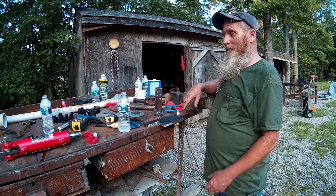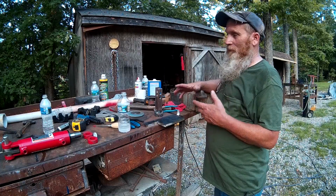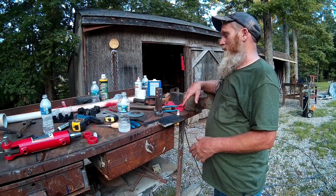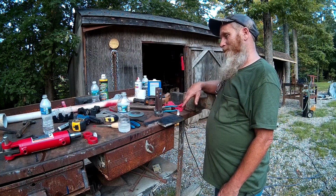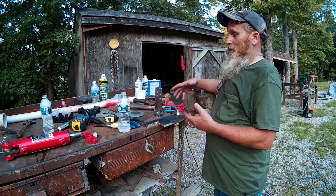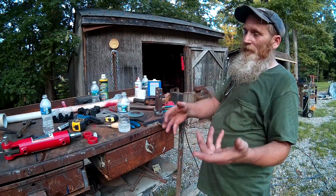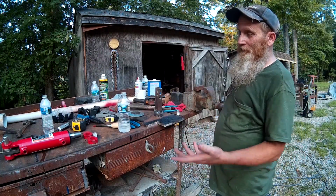Just couldn't make up my mind if I wanted to buy one already made, pay $400 for it, or do this, fabricate one up myself. If I have problems with the cylinder, this will be the better way to go, because it's got my parts and I can unscrew them and put them on another cylinder and just go buy another cylinder for 99 bucks